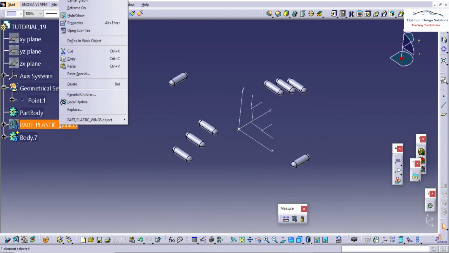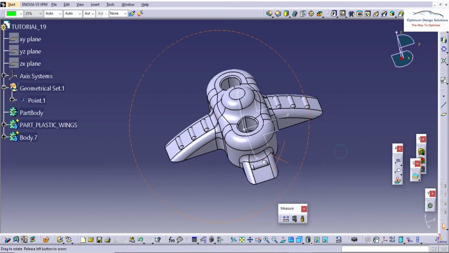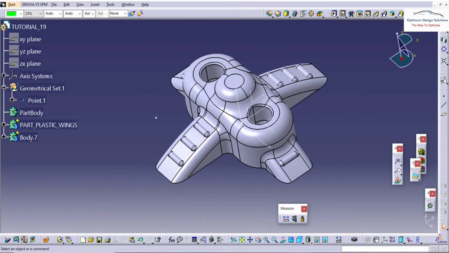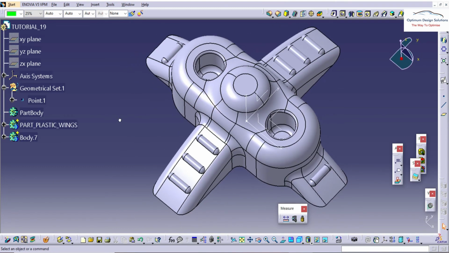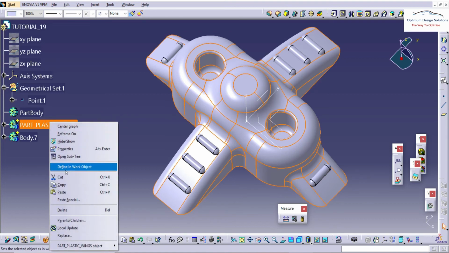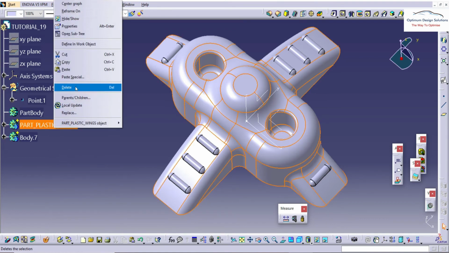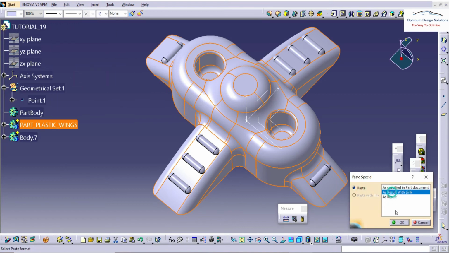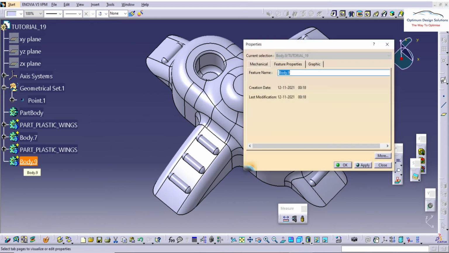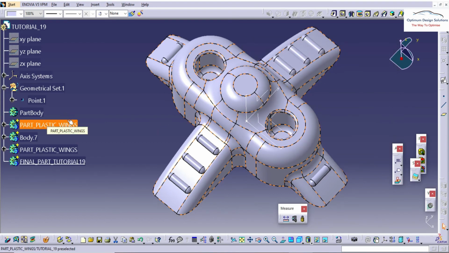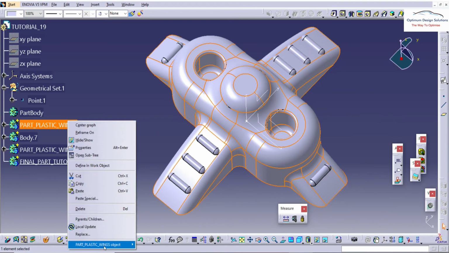So now we need to do some boolean operations, as we require a 3 mm thickness. So let's start. We'll copy it, and paste as result with link. We need to do addition and removal of this component with minimizing the thickness, so that we'll use it in the final part body.